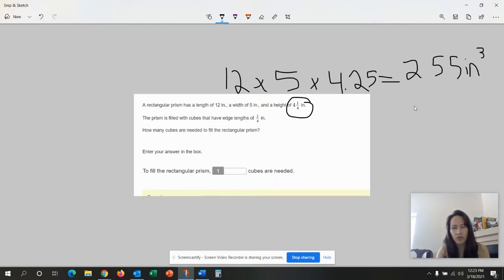That little 3 means cubed. The exponent of 3 means cubed because it's length times width times height, 3 of them. Anyway,